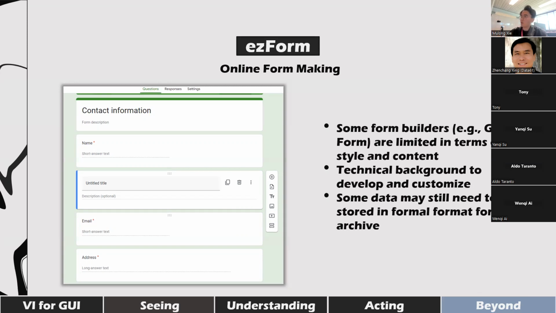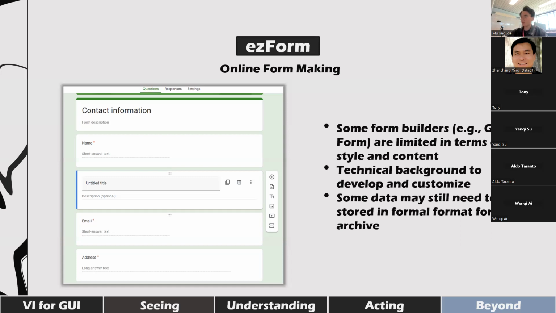And if you really want to customize the online form you just made with those form builders, you have to have a technical background to change the underlying render code of